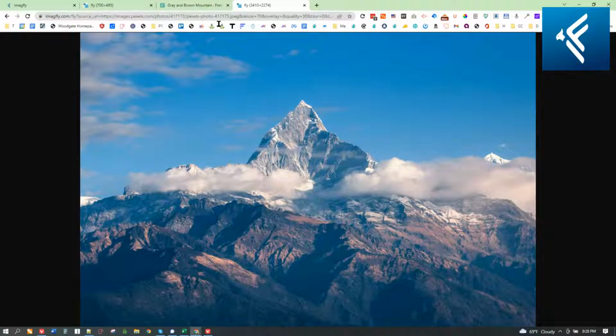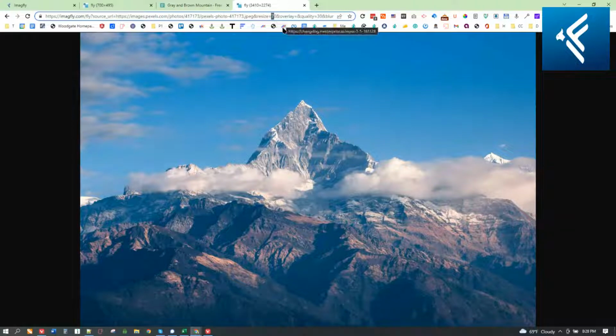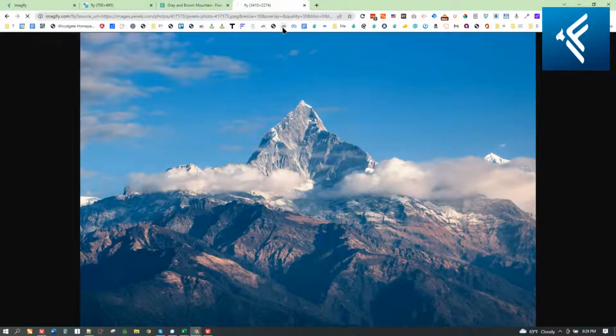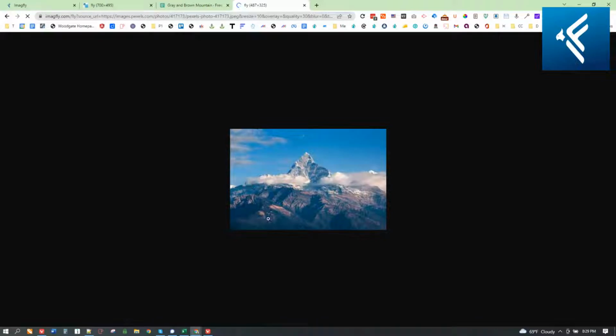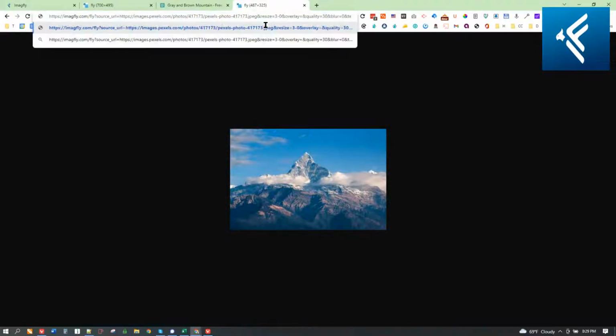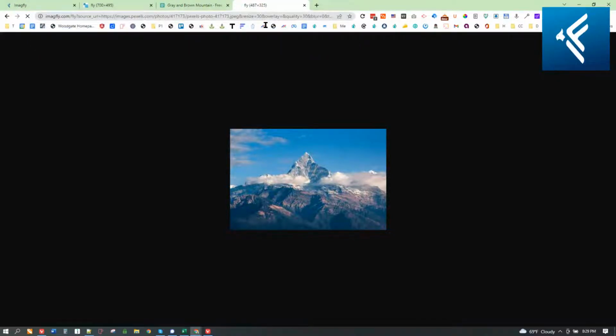Now, if that's too big, you can go ahead and resize again. So we're gonna resize this down to 10%, and we're gonna hit it. See, now that image is already reduced down to 10%, just like that. If 10% wasn't good, you can go, let's see, to 30%. You can go to 35, whatever you feel like.